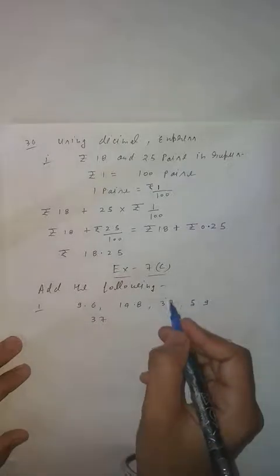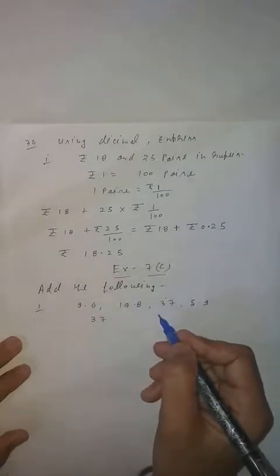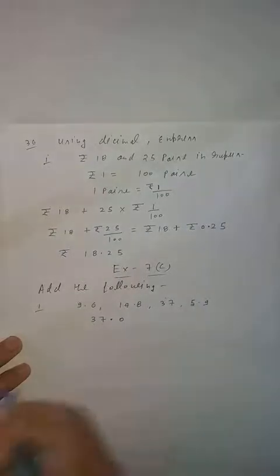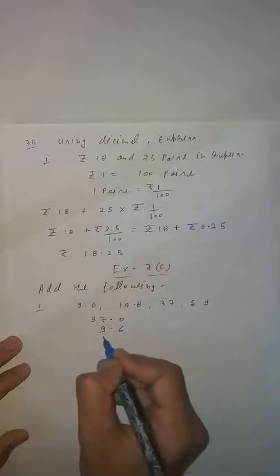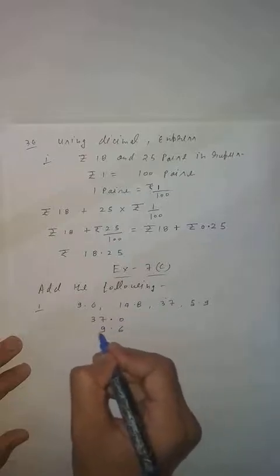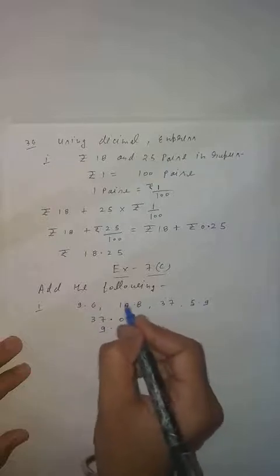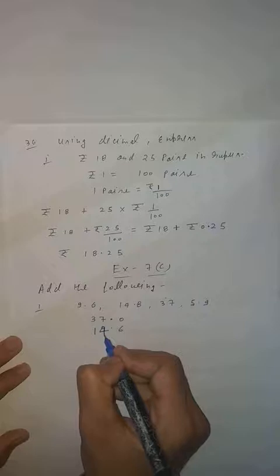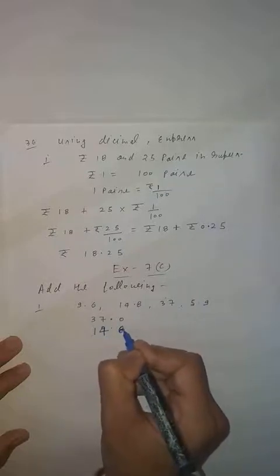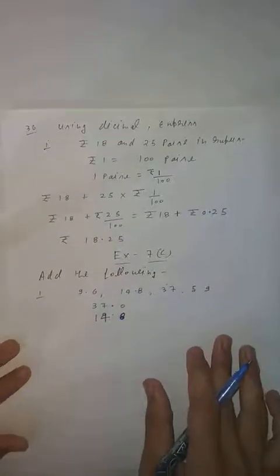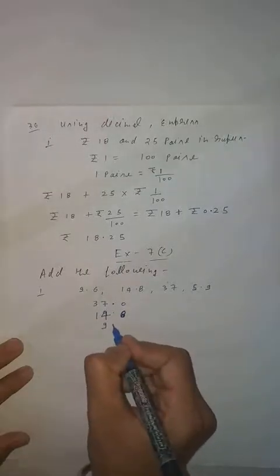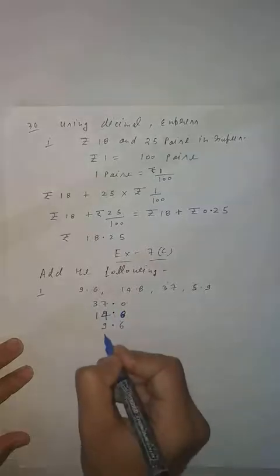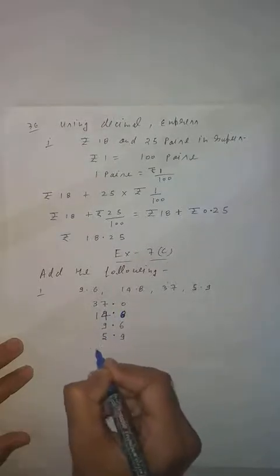So what you will do? This you have 37, you have to make in like decimal. Clear? So after decimal put 1 0. There will be no change. Then write down 9.6. Again write down. Acha. After this you have 37.0. Then you will write down 14.8. Okay? Because after 37, 14.8 is greater. Clear? Then now what you will write down? After 14.8 you will write down 9.6. Clear? After this you will write down 5.9. Clear? Now you have to add.